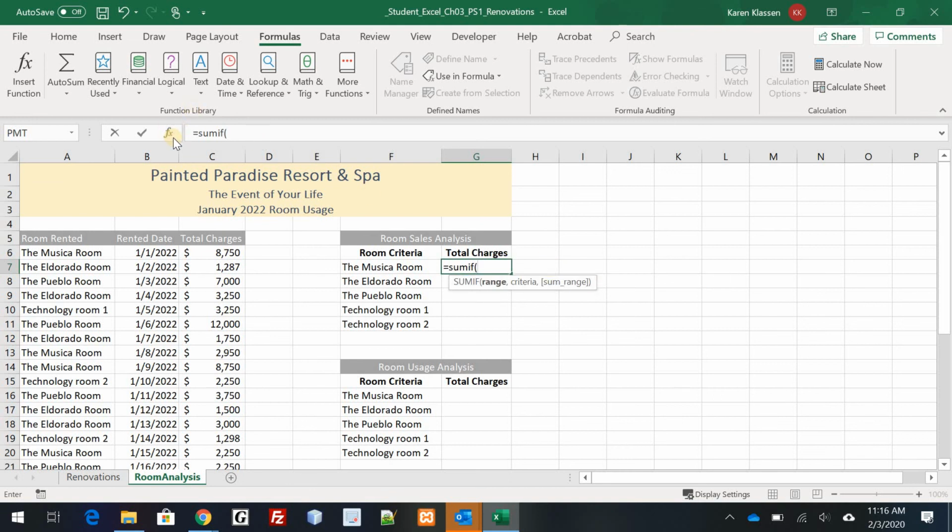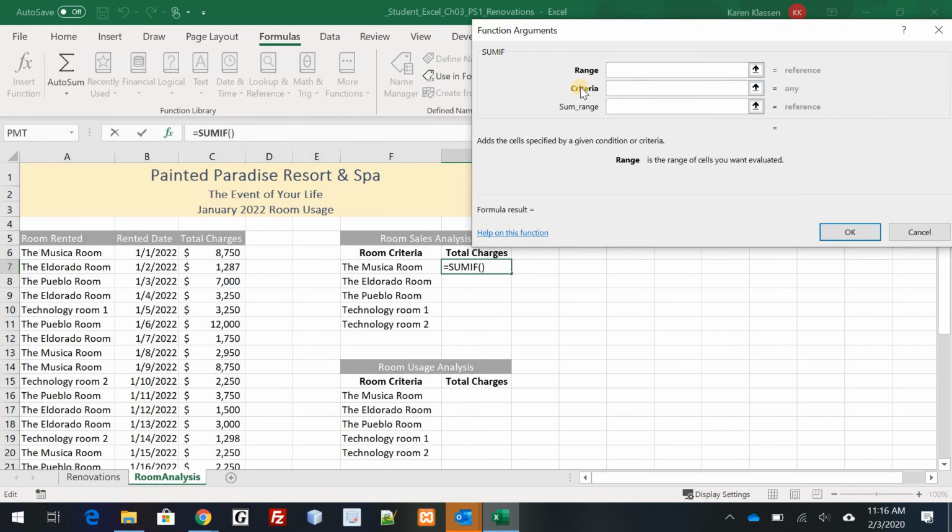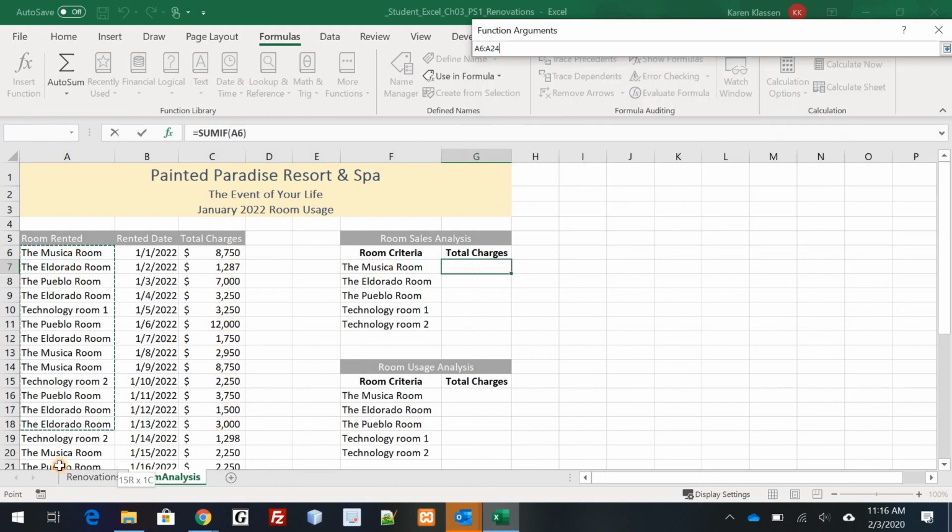Open parentheses. Now the range that I'm looking at and the criteria need to be the same. My range is over here and my criteria is right here. I couldn't say my range is dollars but my criteria is Musica Room, because Musica Room is not in this range. So I'm going to select this range,